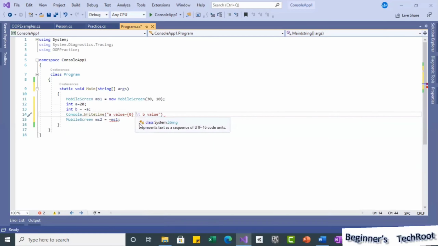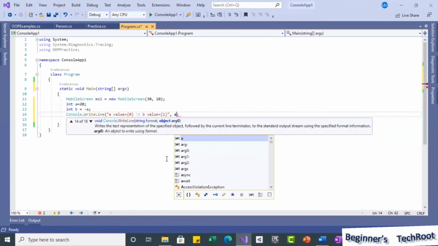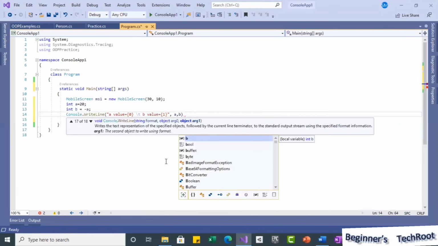A space before \t is not mandatory, but for readability I am giving one space before \t. Even straight also you can use it without spaces. And for the b value, I am going to use the index number 1. So I am going to pass the two parameters a and then b.